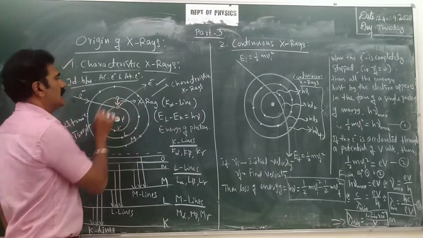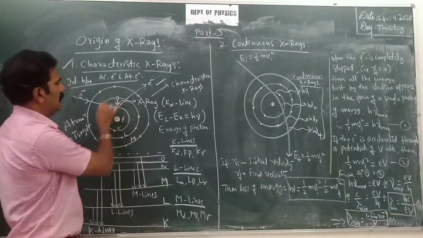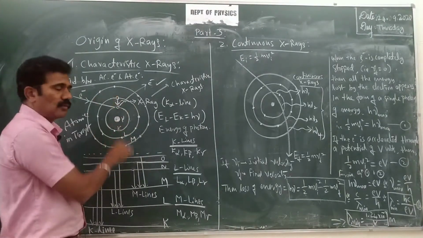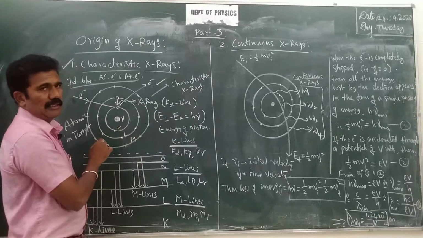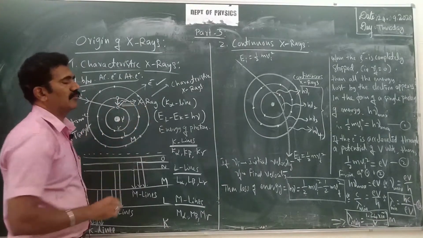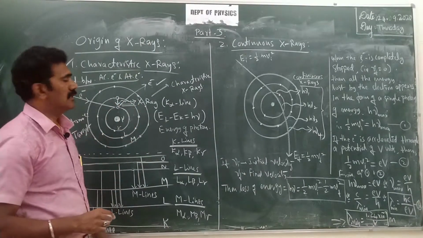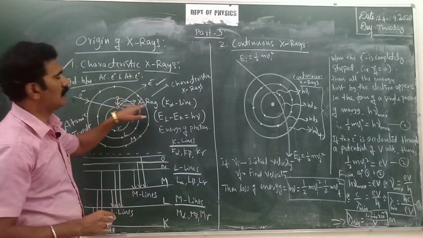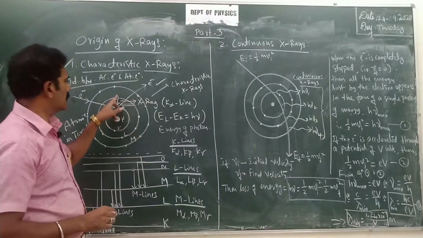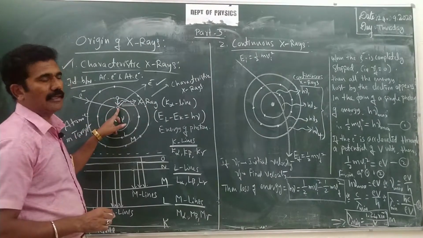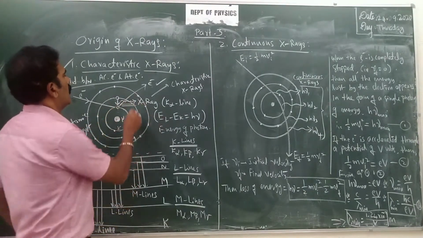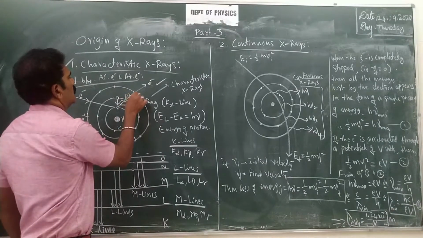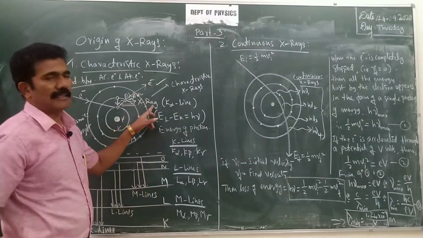That loss of energy of the electron in the L shell, when it undergoes a downward transition to the K shell, is emitted as a particular photon. That means the energy lost by the electron in the L shell is emitted in the form of a photon here, as the electron undergoes a downward transition. So that loss of energy is emitted in the form of a photon, and that photon is said to be an X-ray.